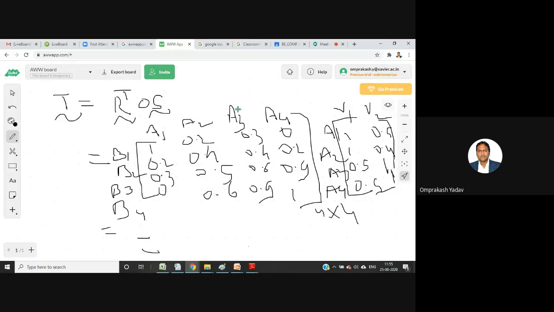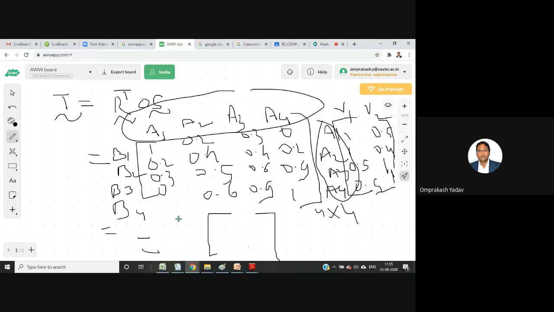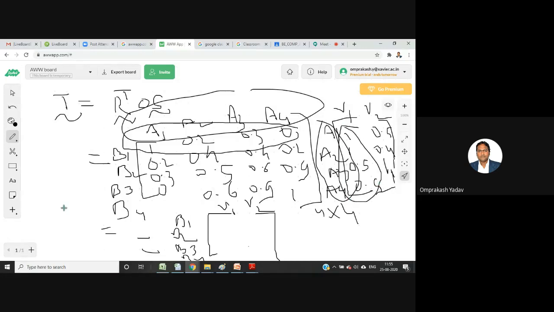So if you see here clearly, this is common. Okay, I will remove this. So your next, the resultant matrix will be what? Your B1, B2, B3, and B4. Okay? And here your V1 and V2 will come. Now you take the first row, you take this first row compared with this first column. Okay, compared with the first column.